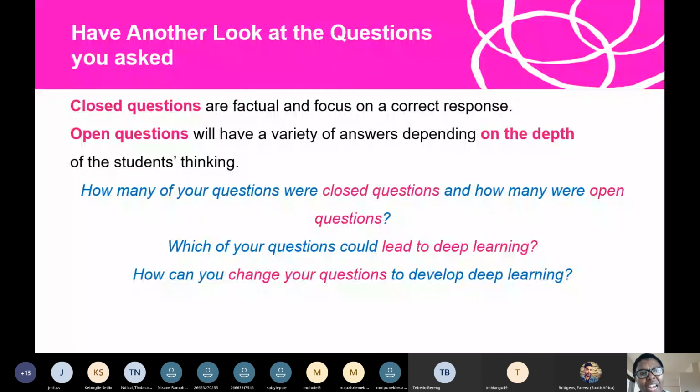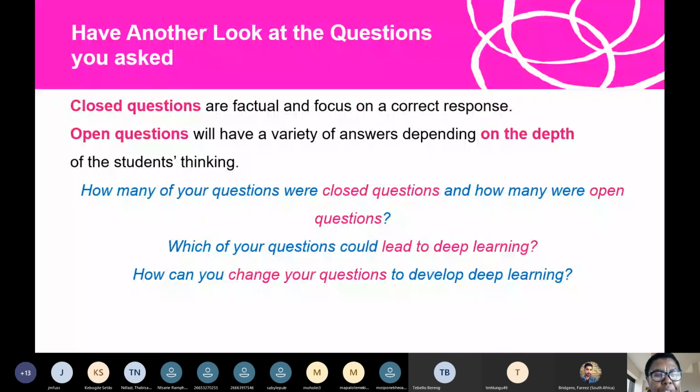Surface questions are those at the lower levels of Bloom's taxonomy, and higher order questions are those at the higher levels. Okay, allow me to leave this at this point and give you that to finish as homework, and we'll debrief it next week because it is a very, very critical question that is going to ensure that as teachers